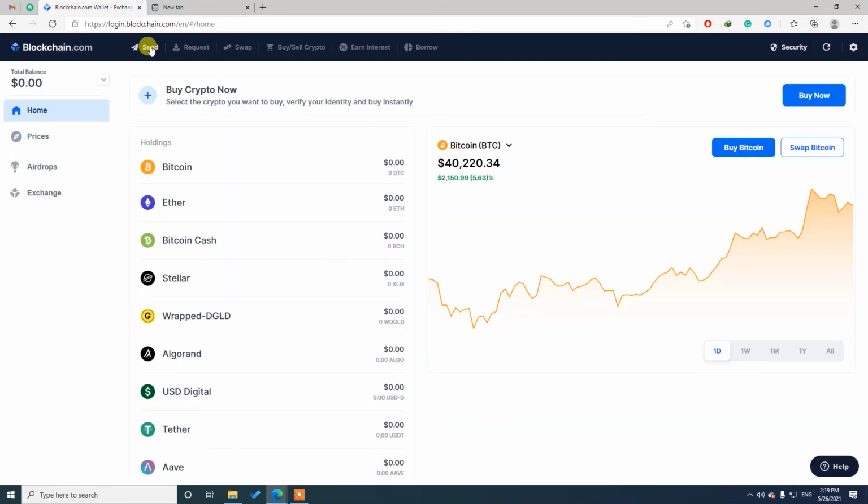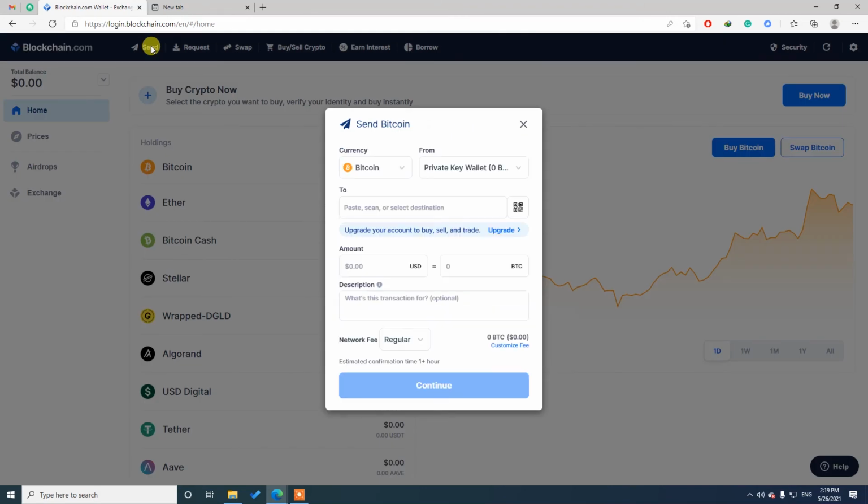For sending, you can click on the send option. Here you can see which currency you want to send, meaning which currency is available in your account, and you can simply send it. Here are the options you can select, and select the account option, trading or private key. Here is the key which the second person sends you, same as we saw in the request option in our previous method. You can click on it, and here you can put the amount.